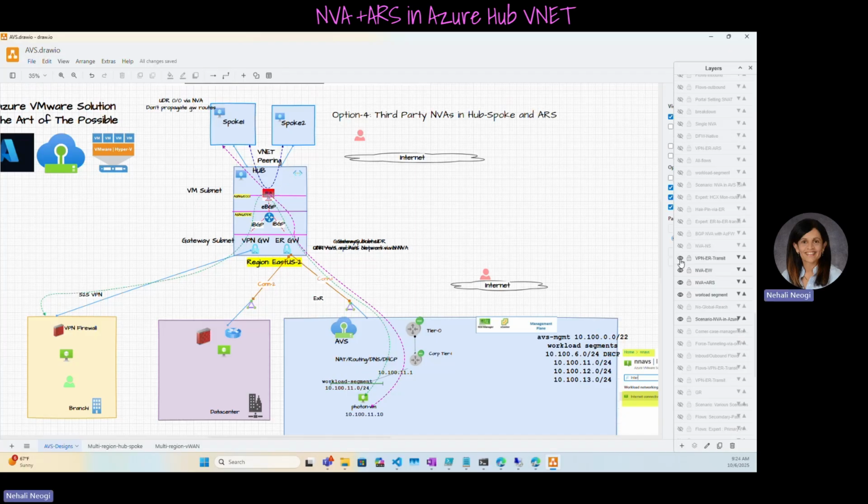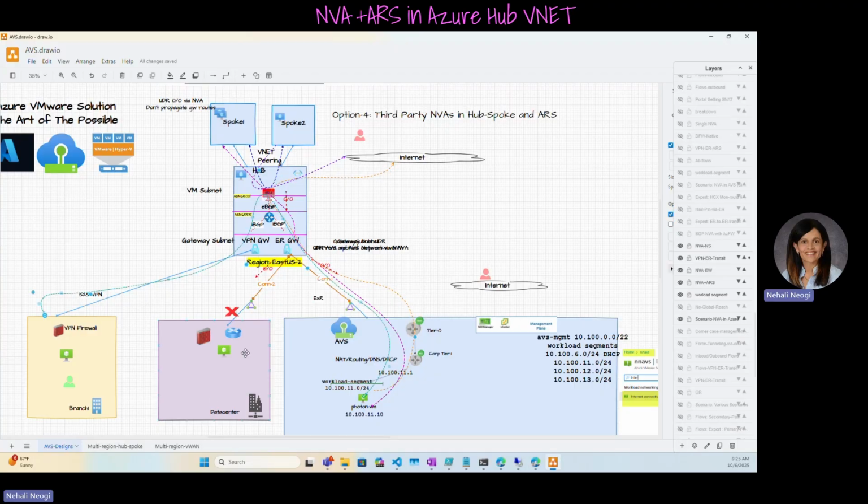And next, let's hide these two flows. The flow of interest is the north-south flow, this orange flow. So the NVA will advertise a default route down this way, and this VM over here in AVS will egress using the NVA. And then looking at all the flows together, we will have the orange flow, outbound, green